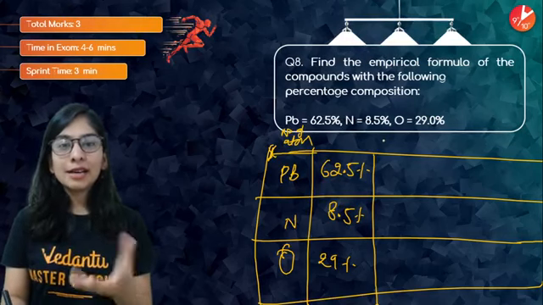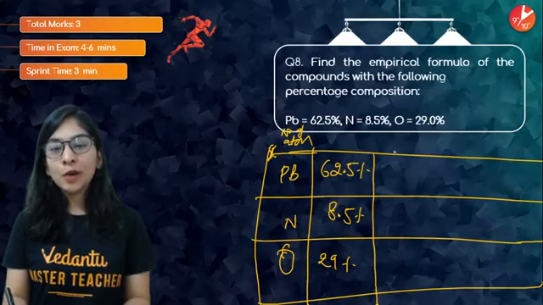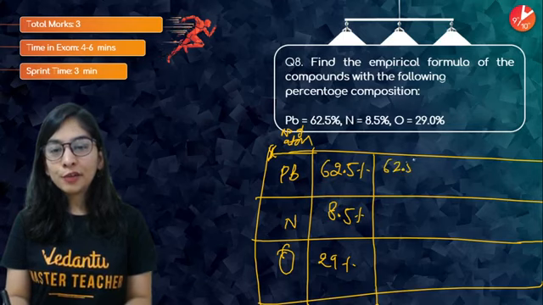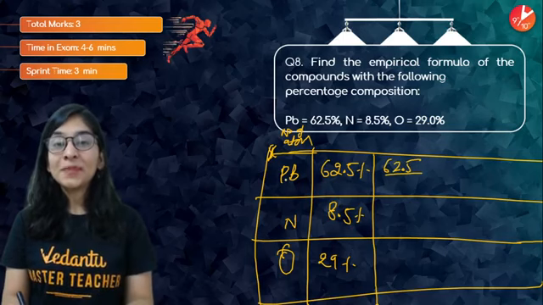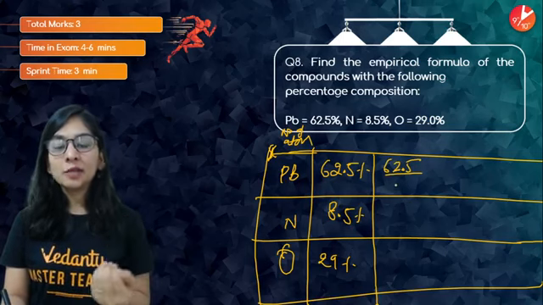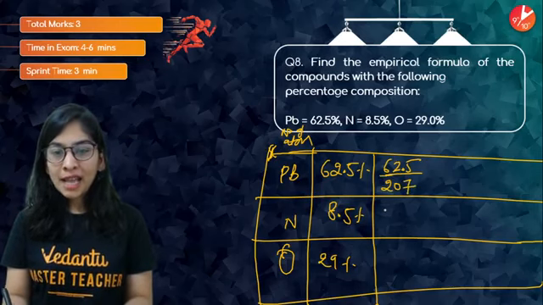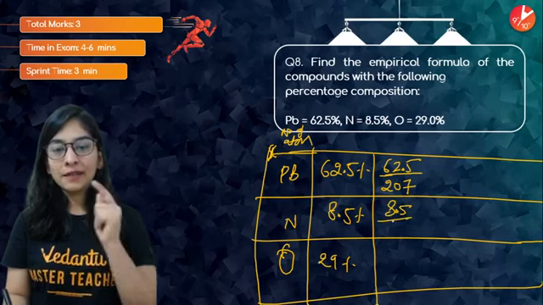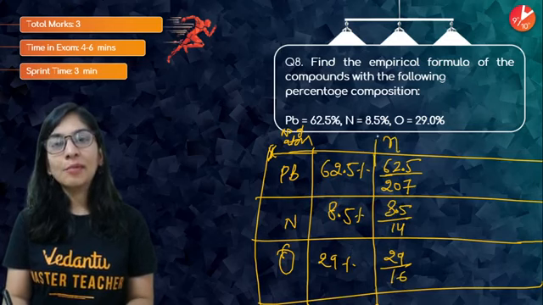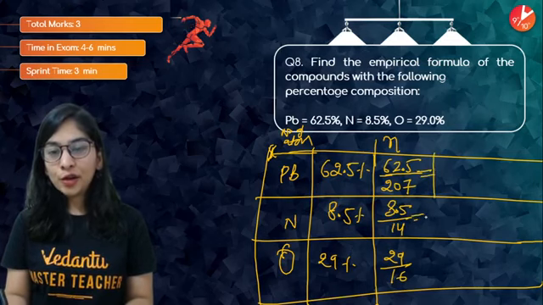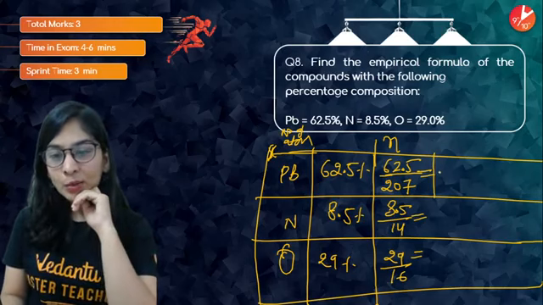And if you want to calculate a rough idea about the number of atoms involved of lead, nitrogen, and oxygen, what to do? The same thing that we do for number of moles, like 62.5. How many moles can my lead carry? Given mass divided by molar mass. That's the molecular mass of lead, and that is 207. And here 8.5 nitrogen mass, given mass divided by molar mass, 14, and 29 by 16. So that's the n value, the number of moles we are going to get. And we are going to solve this because we need those number of moles so that we can calculate the formula. And this will come out as